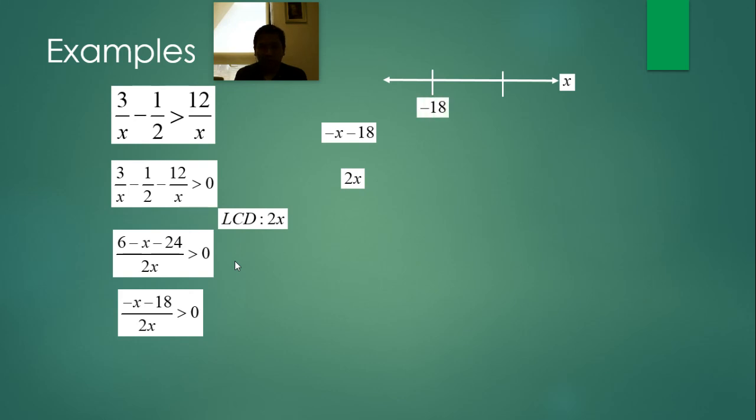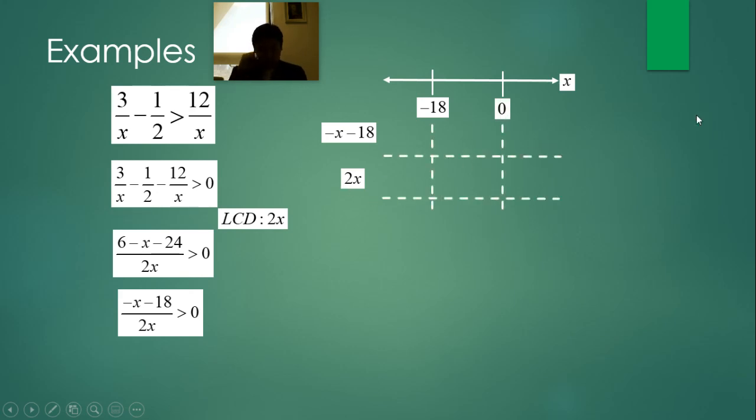Negative 18 will be making negative x minus 18 0, while 0 makes 2x 0. These sections here will again reflect the behavior of the factors for the set of x values in this number line. So if we're using negative 18, numbers less